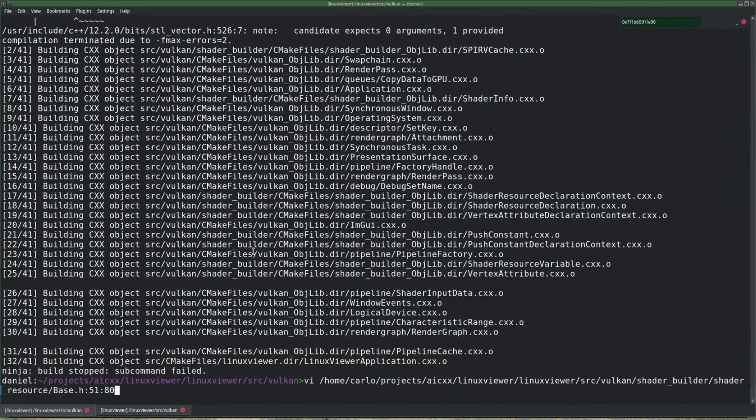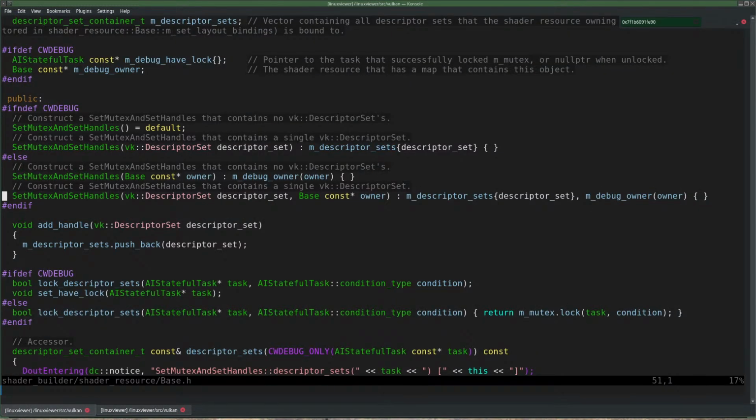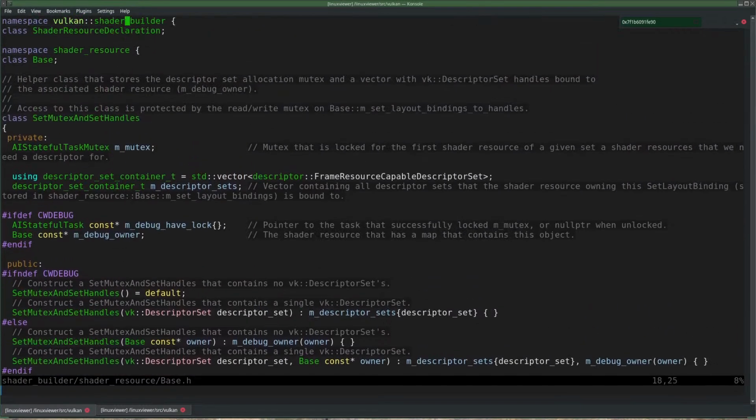I think in absolutely every place I just have to replace this type, because from now on it can be this. So I have to use